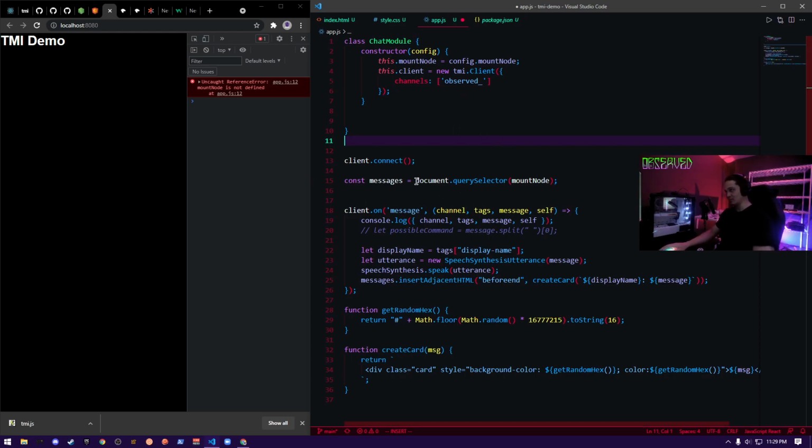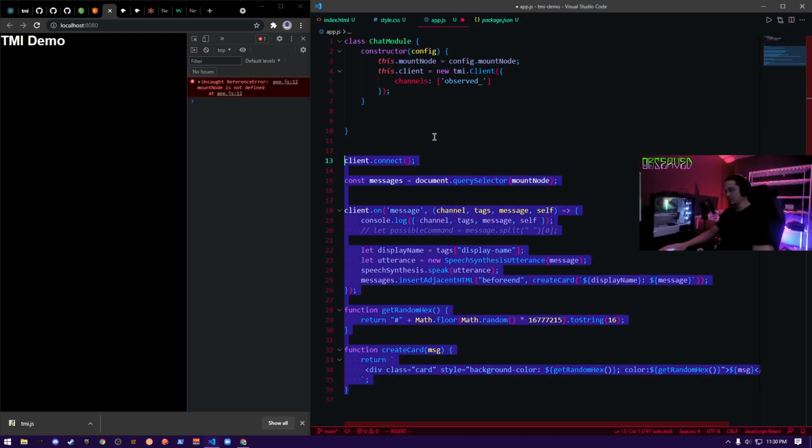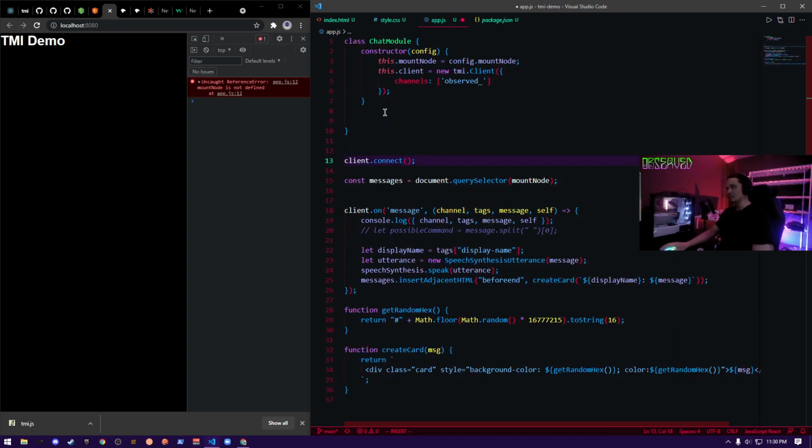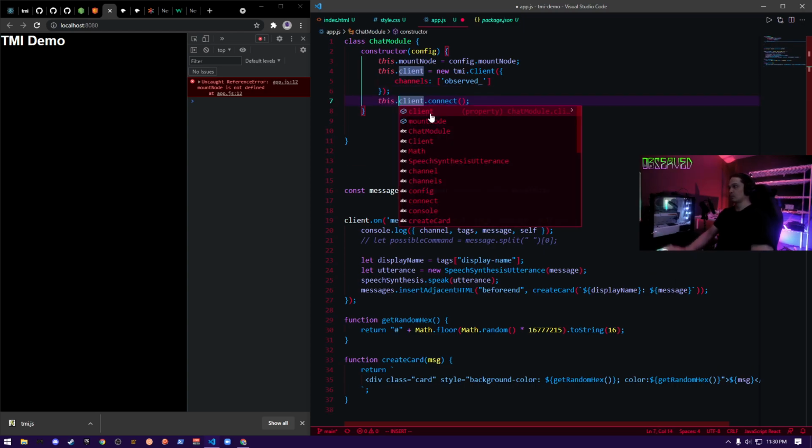Here, let me just go back. So what I'm doing, this is probably all broken, but I'm converting this into a class. Right now it's procedurally written, and I'm gonna put it in a class. So it's more like object-oriented programming. We'll create a chat module object and instantiate that when we want to create this thing. It makes it more like a shippable library or module that you can move around. It's pretty scalable. It's just a cleaner way of writing code. So this client equals that. This dot client connect.